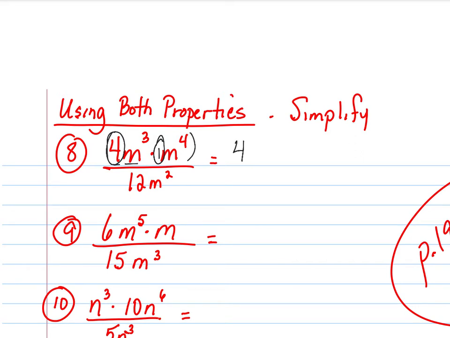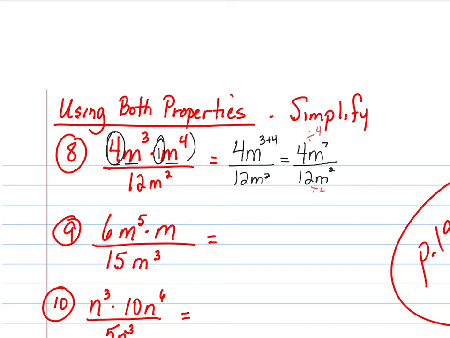Are these the same bases? m to the 3rd, m to the 4th? So we add their exponents, right? 3 plus 4 over 12m squared. So it's really 4m to the 7th over 12m squared. Now we have one simple dividing problem, and that takes us back to the rule we just did. So we need to divide the greatest common factor of both of those, which is